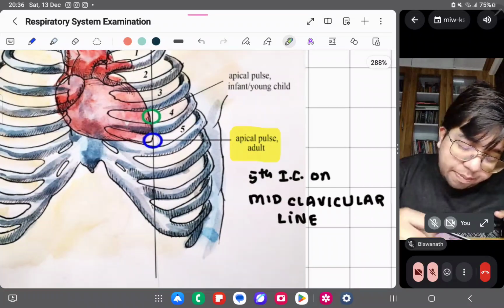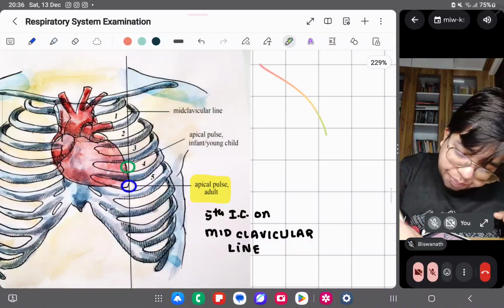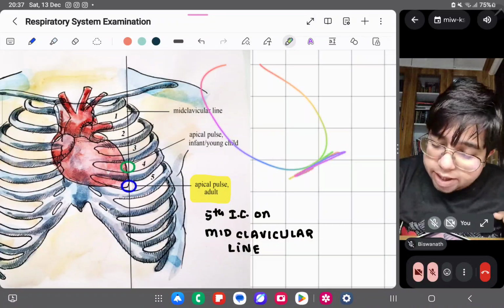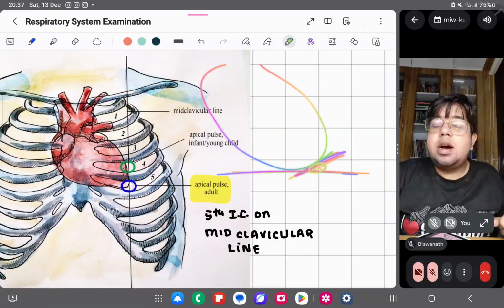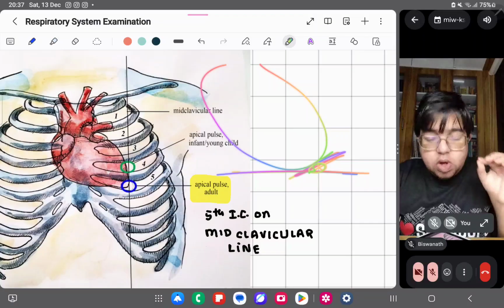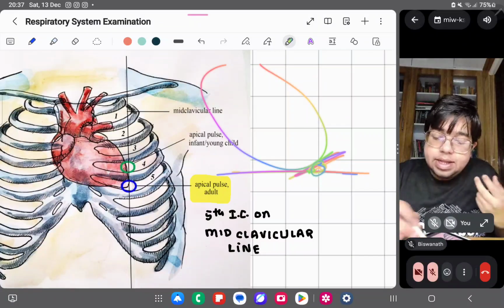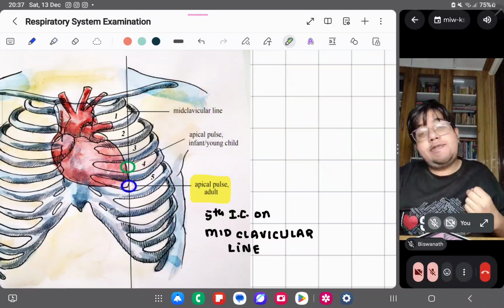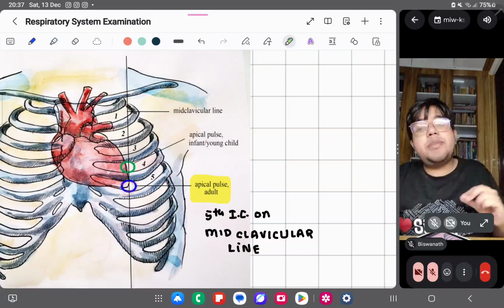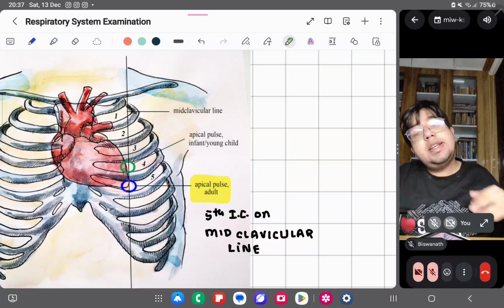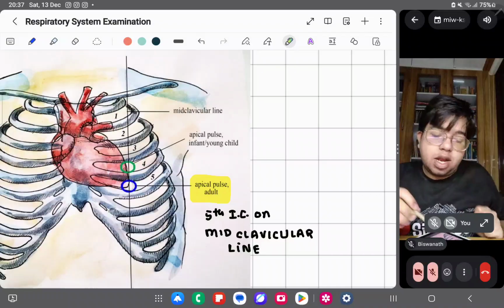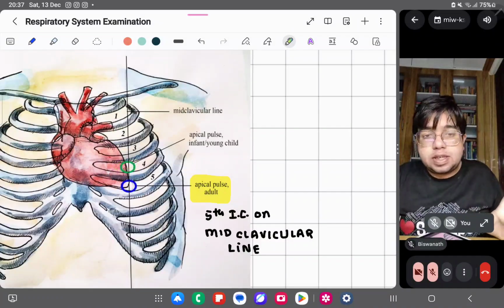What's the apical impulse? Apical impulse is basically the apex of the heart, and where the apex of the heart is, coinciding there, an impulse is felt. This is the apical impulse, most commonly in the fifth intercostal space. In small children, since the heart is small, it is felt in the fourth intercostal space, right? So